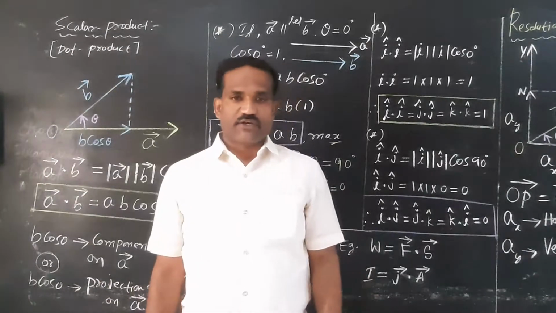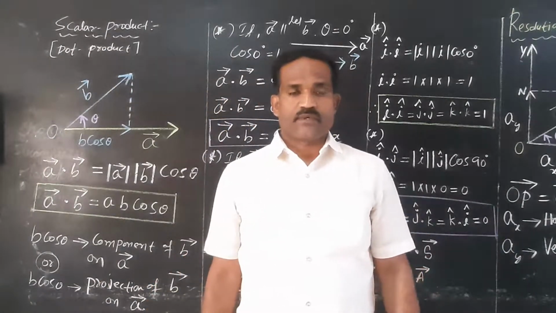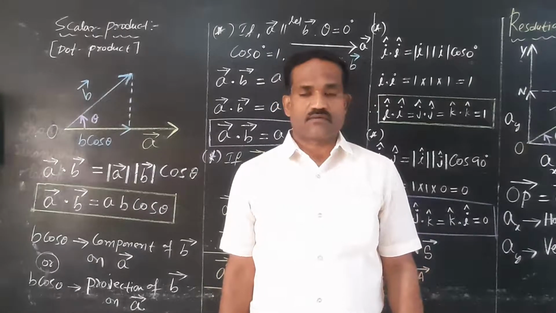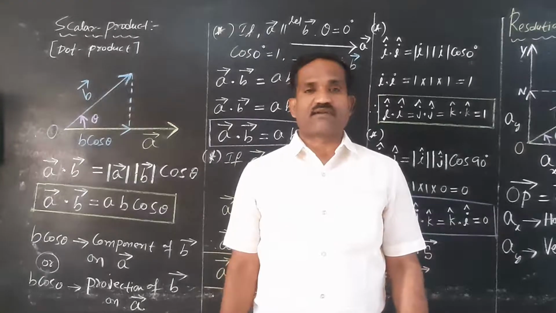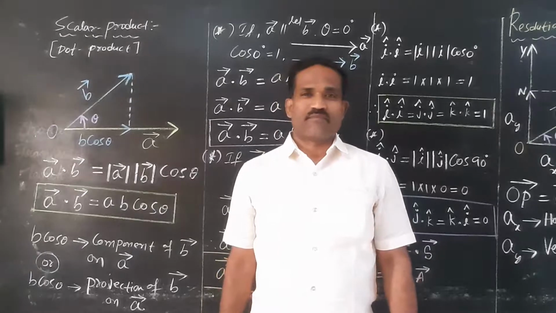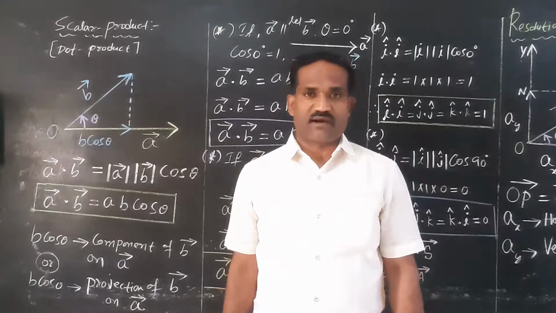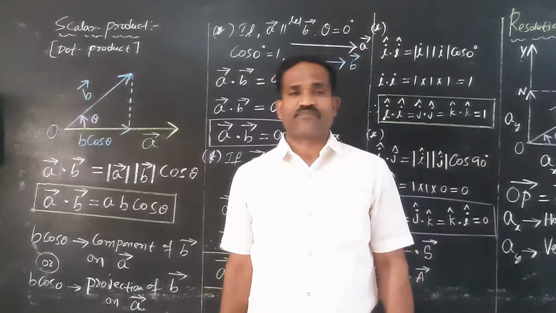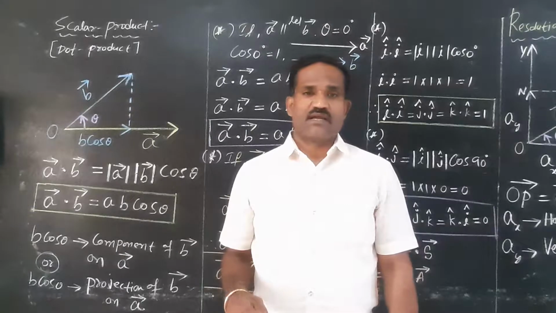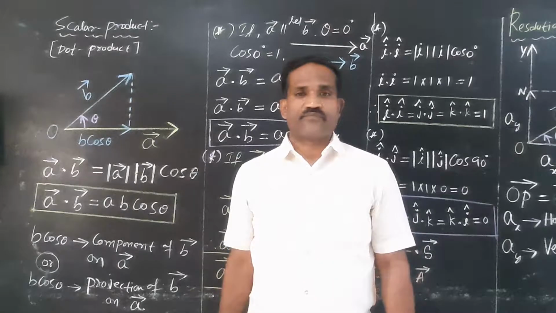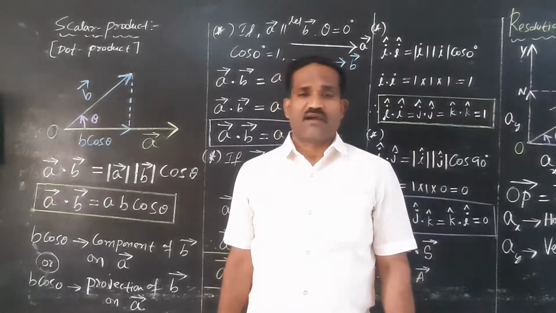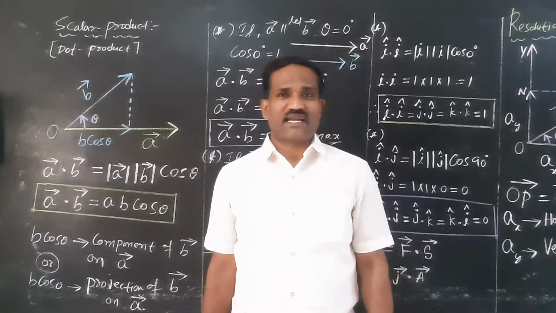Hello students, we'll continue with the vectors. We had a discussion on cross product of two vectors. Today we're talking about what you mean by cross product. Vector A cross vector B is equal to the product of the magnitude of the two vectors and sine of the angle theta between them. Where vector A cross vector B, you will get AB sin theta into n cap. AB sin theta will give magnitude, n cap is a unit vector which gives the direction of vector A cross